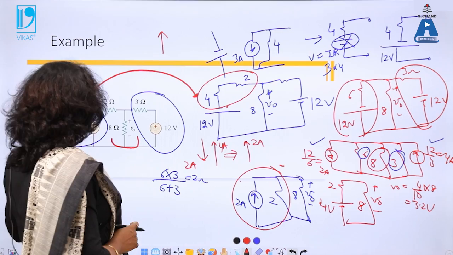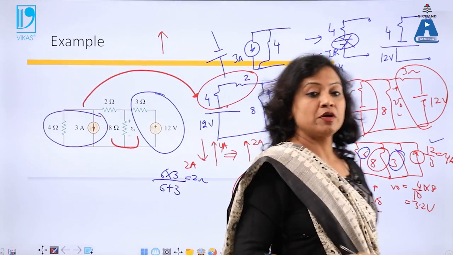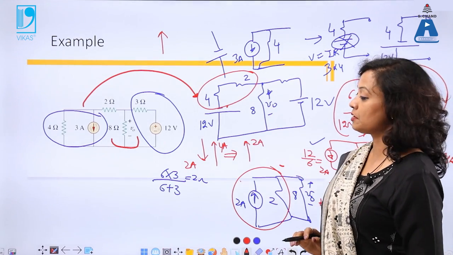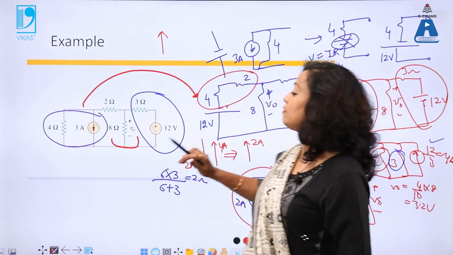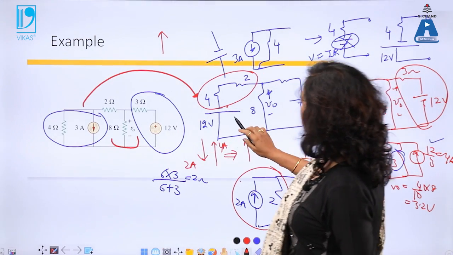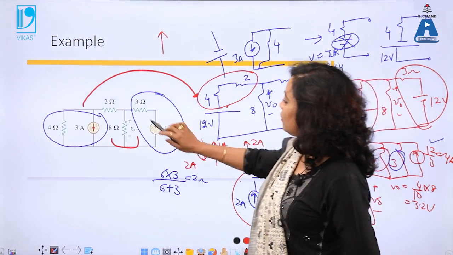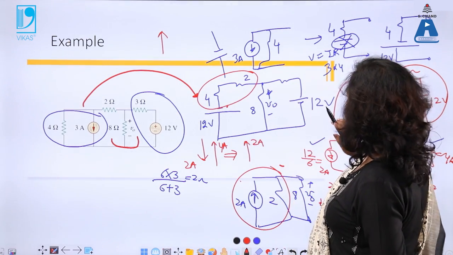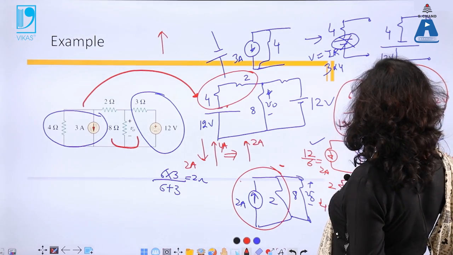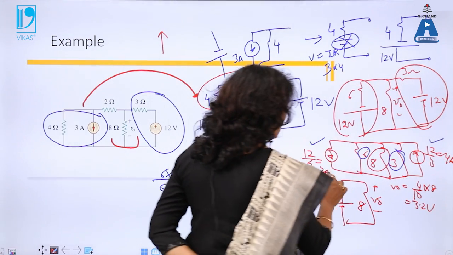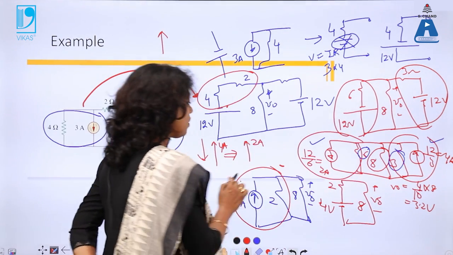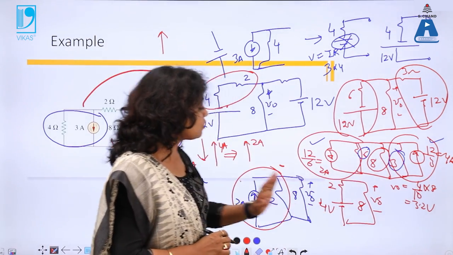So I will summarize again. Using source transformation, I convert voltage source into current source and vice versa. So for this particular question, we repeatedly convert, first of all, current source into voltage source like this, then this voltage source like this, then we add these two, we get the simplified form. Again we convert this into a current source, this is a current source, this is a current source, and then